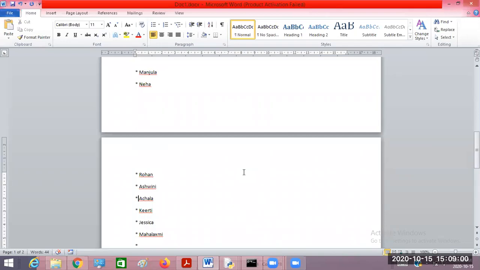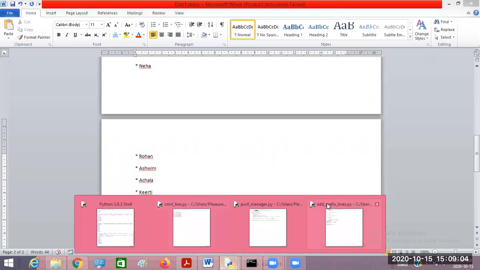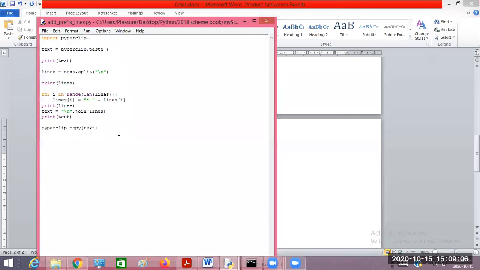Simple addition here. You see, instead of star space, what you can do is str of i plus 1, plus this one, space, and then lines. That's it.